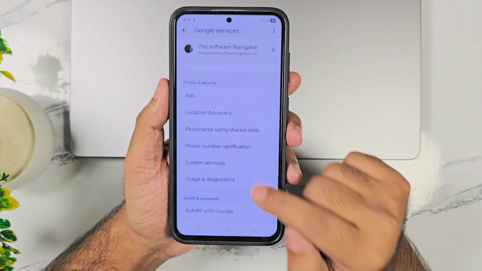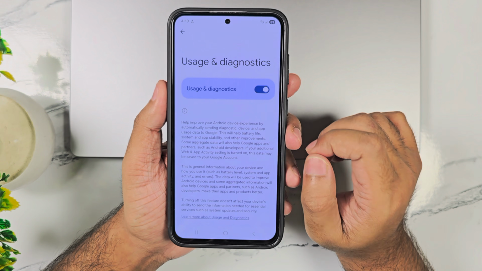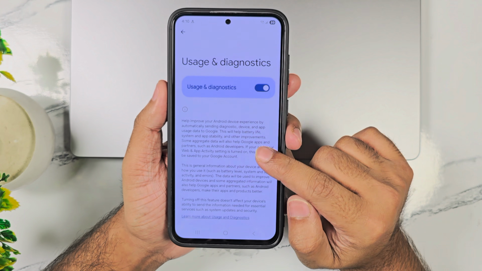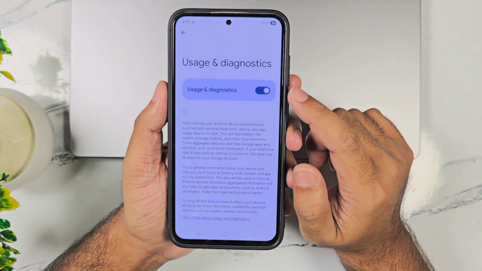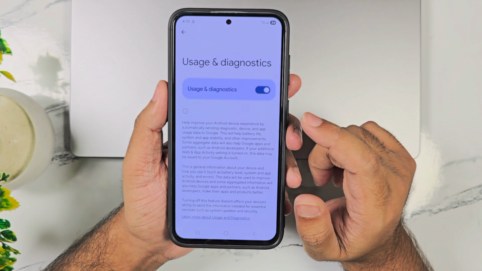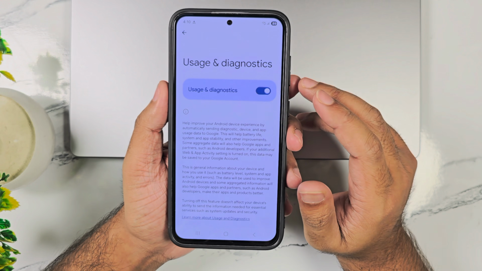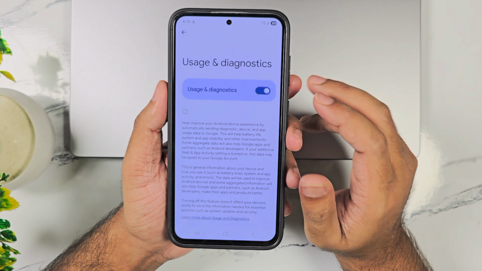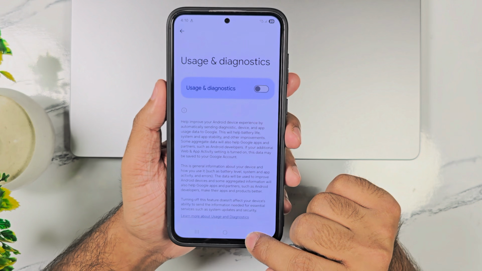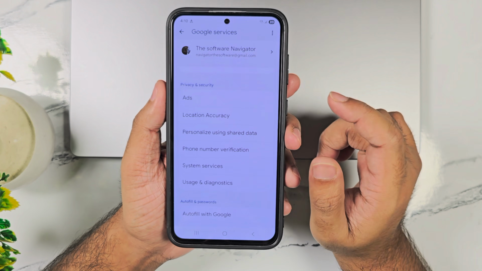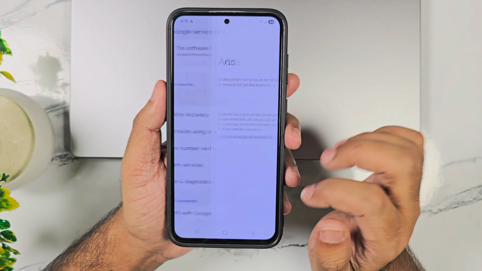Scroll to the very bottom and look for Usage and Diagnostics. Tap that. This setting sends a constant stream of data about your battery level, app usage, and system activity back to Google. They claim it helps improve the software, but really, it just gives them more data points on your daily habits. There is zero benefit to you keeping this on. Toggle it off immediately. And just like that, you've cut the cord on some of the most invasive tracking features